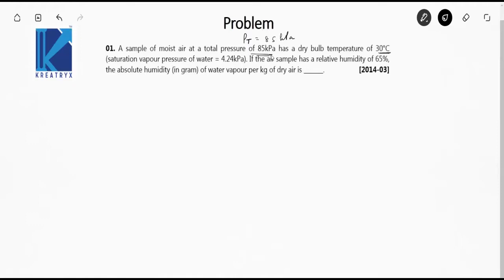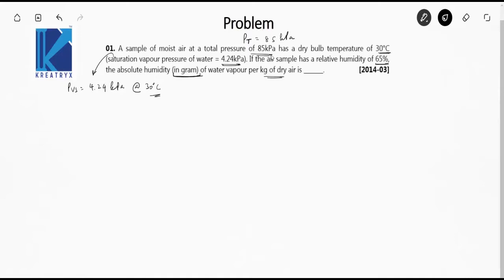The saturation vapor pressure of water at 30 degrees Celsius is 4.24 kilopascal. So this PVS is 4.24 kilopascal at 30 degrees Celsius. If the air sample has a relative humidity of 65%, the absolute humidity in grams of water vapor per